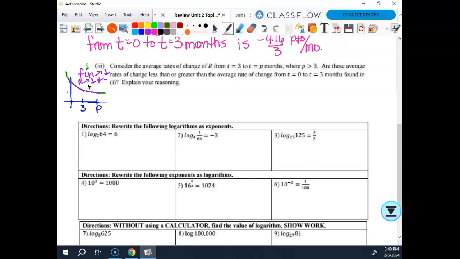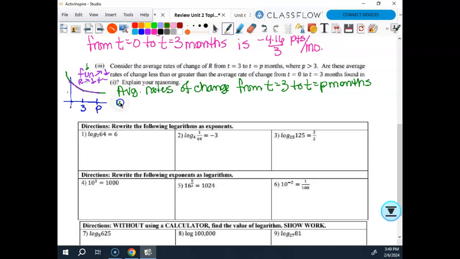And so I can say the average rates of change from t equals 3 to t equals p months, and I'm just getting those words directly from the question, would be greater than from t equals 0 to t equals 3 months